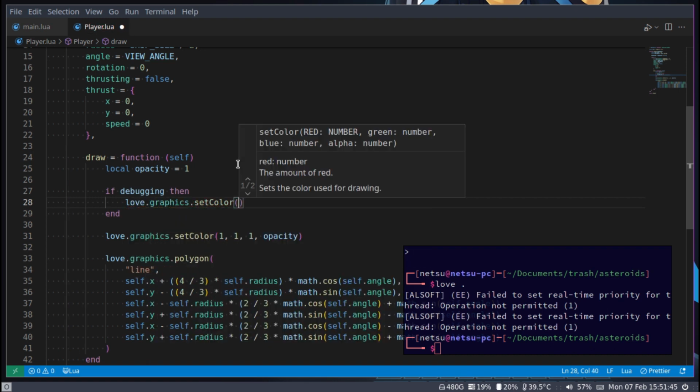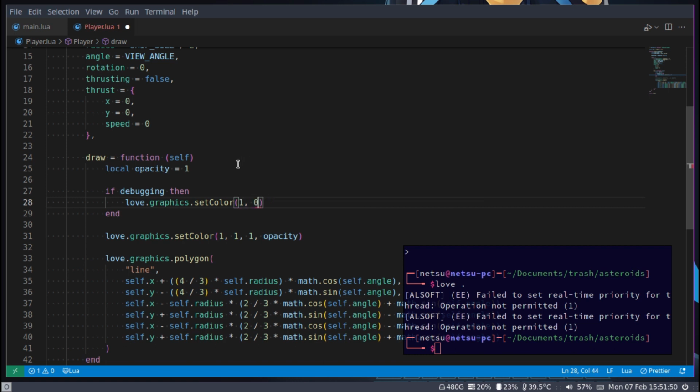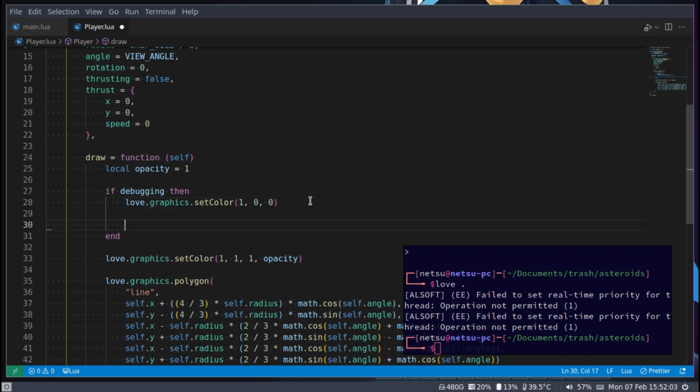love.graphics.setColor. And you can make this any color that is not white or black. So 1, 0, 0. Because black is the background and white is the color of the ship, so making it a different color will make it easier to see. In this case, I'm making it red. And then